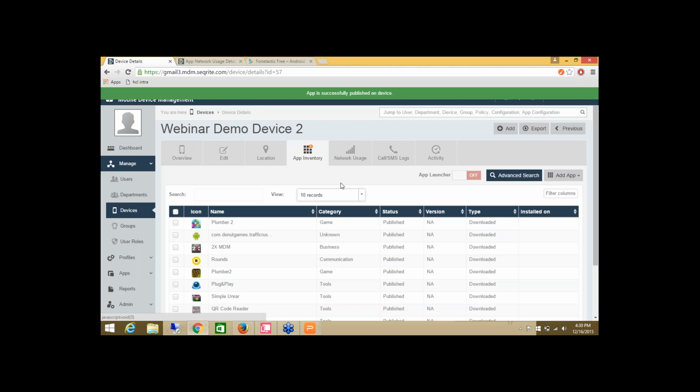So now this application would be recommended to this particular device to get installed on the device. So this is how easy it is. This can be helpful if the admin wants any application to be particularly installed on any kind of device.